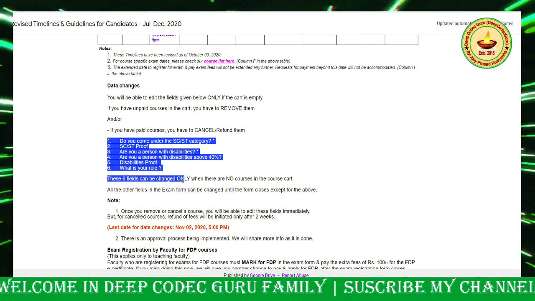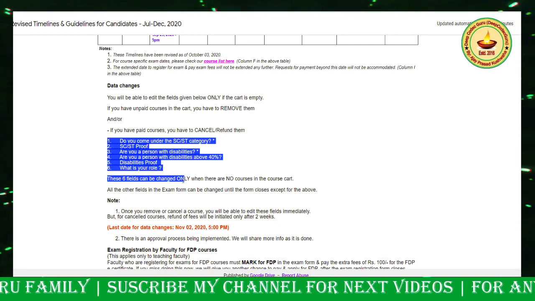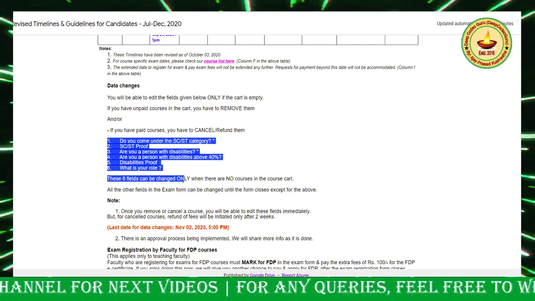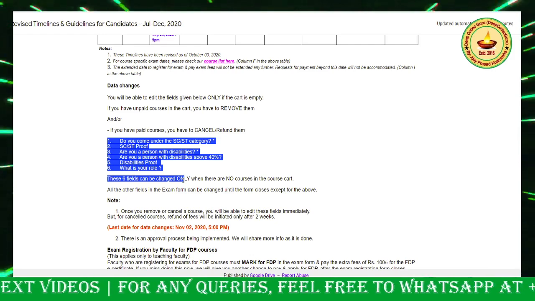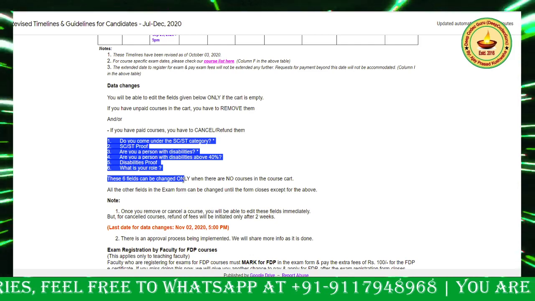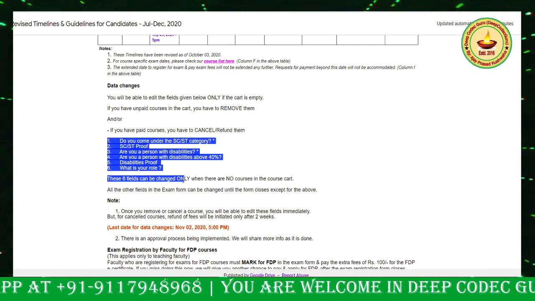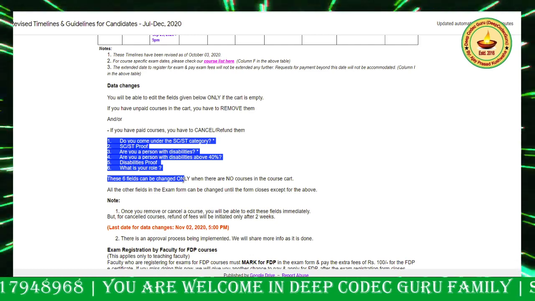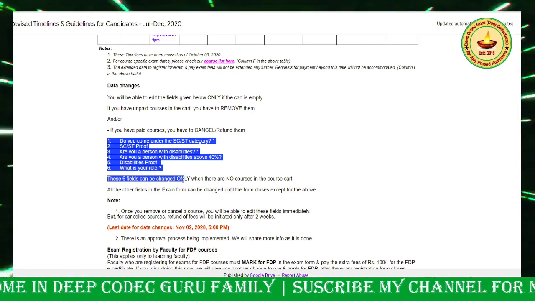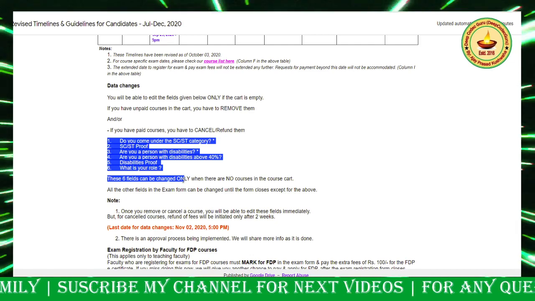So when you pay, NPTEL takes like 1017 rupees, sometimes 1015 rupees, depending on the bank, what online banking services you are using. And when you go for the refund, the refund amount that comes back to your account is 1000. So you have to do the cancellation of the exam, and once you cancel the exam, the refund will only be initiated after 2 weeks. So 15 days you have to wait like that.